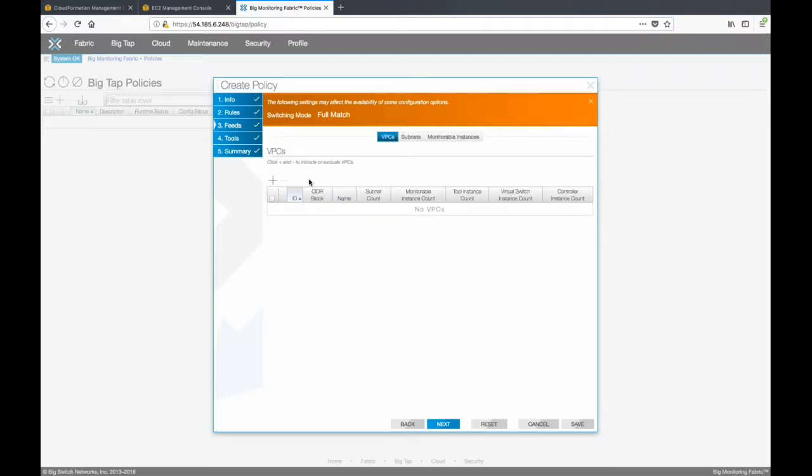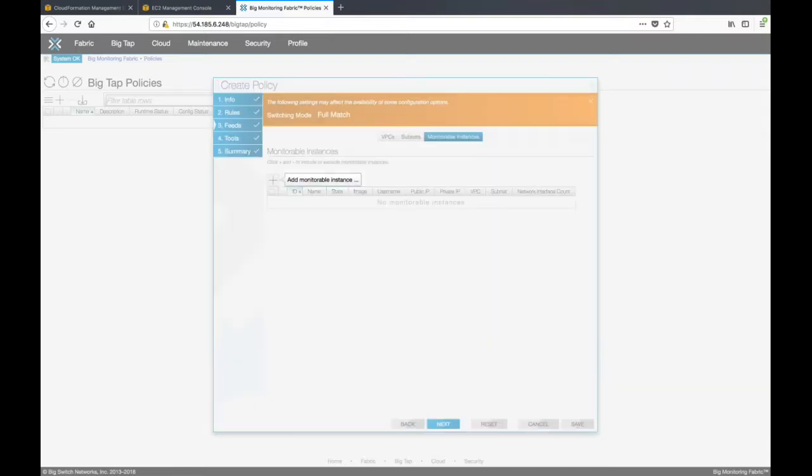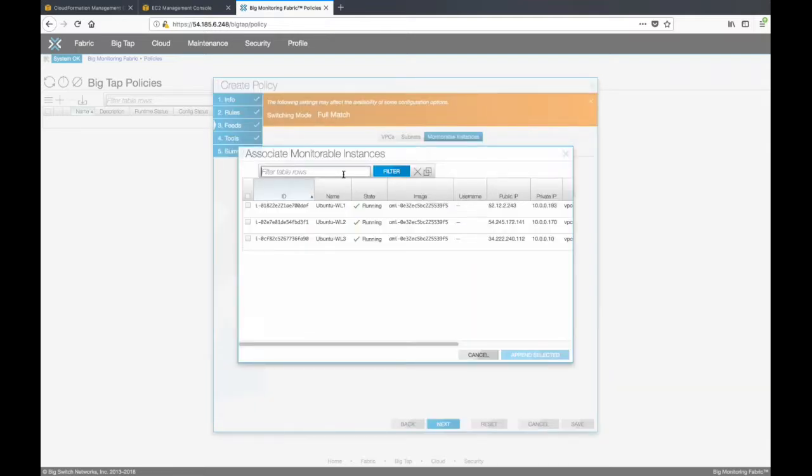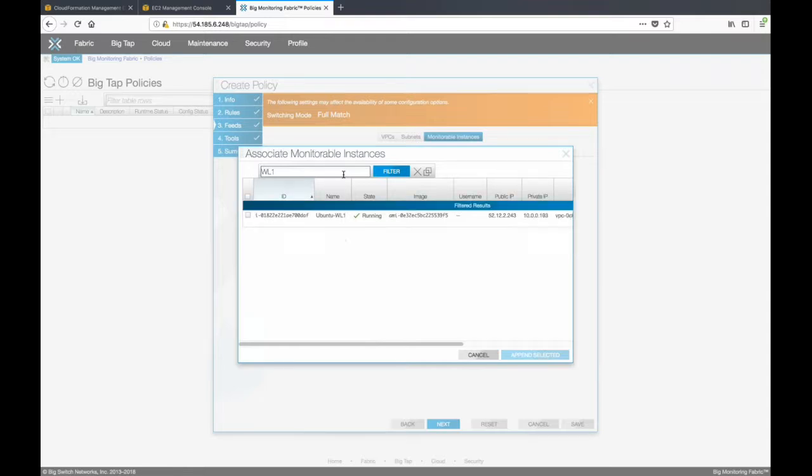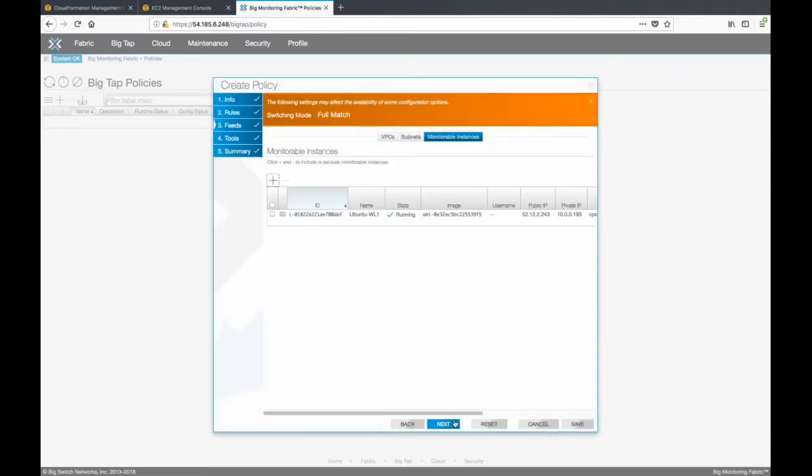And the feeds. For the feeds, a user has the option to select the entire VPC, a subnet which has been discovered by the controller, or a particular instance that a customer wants to monitor. So we will select one instance that we want to monitor. We can filter the instance that we want to monitor. In our case, we want to monitor Ubuntu workload 1. We'll select that, append it,